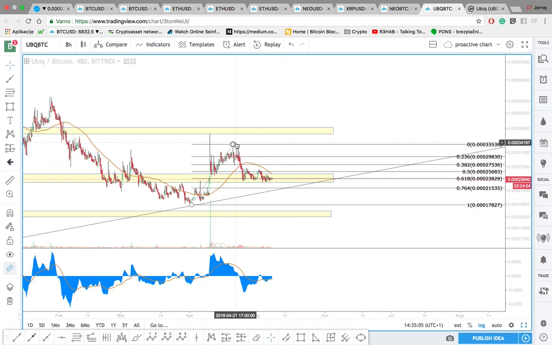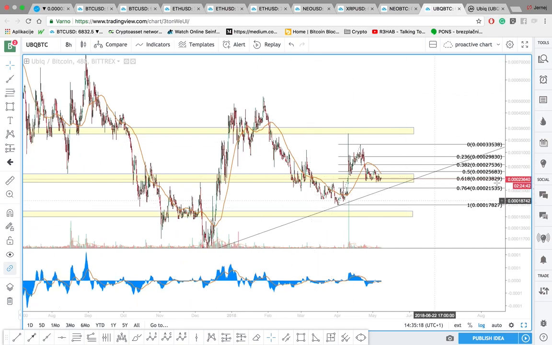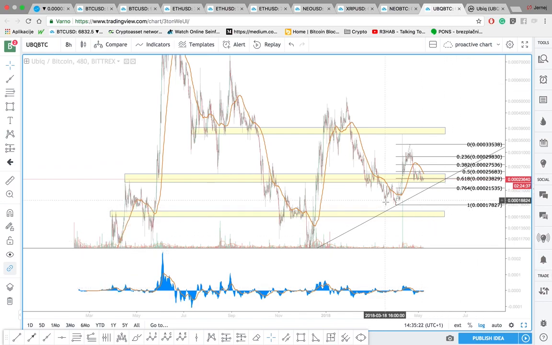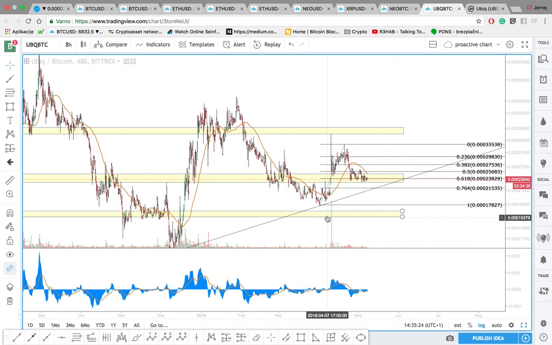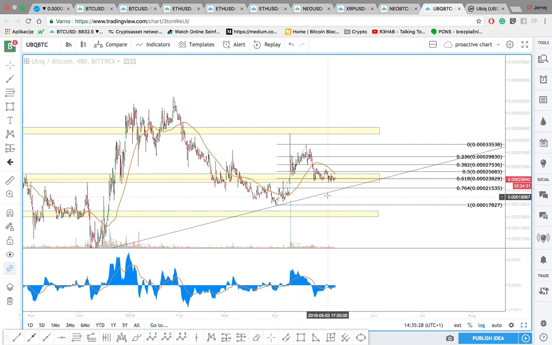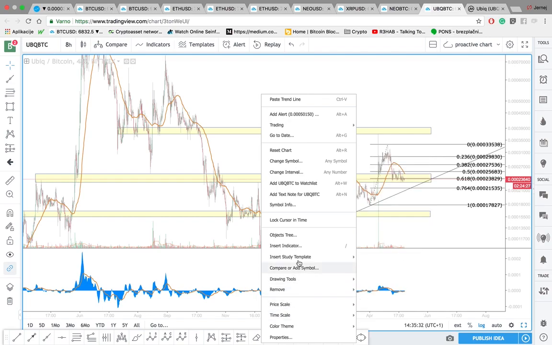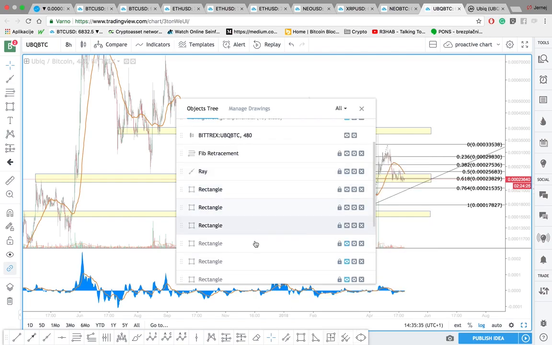So yeah, that's it for UBIQ. Not really bullish in just my opinion. I'm not really bullish on this one, not in the short term. But then we'll see. The triangle, of course, can break out to either side, but it's really too soon to call either. If we bring back that object tree, if we bring that triangle,